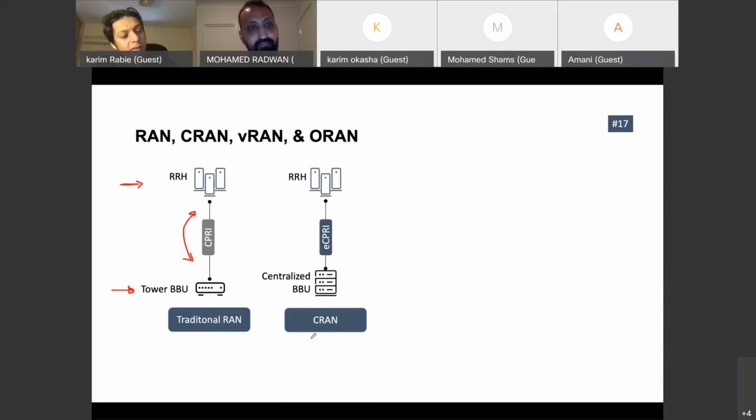So some vendors, I believe either Ericsson or Nokia, had this idea of having centralized BBUs managing multiple radio heads, radio units, okay? So this centralized doesn't have to be virtualized, right? It can still be the legacy thing, but it is centralized.